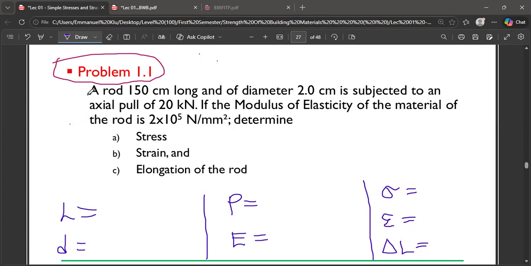All right. Thank you. So the question says that a rod 150 centimeter long, that means that is the full length of the rod, and of diameter 2.0 centimeters is subjected to an axial pull of 20 kilonewton. I told you that we are engineers and all our calculations must be done in millimeters. So the length, which is 150 centimeters,